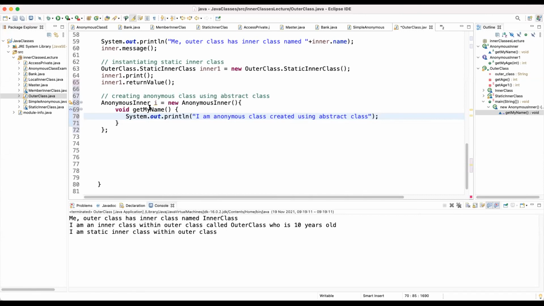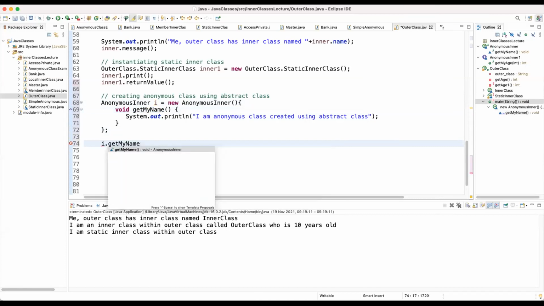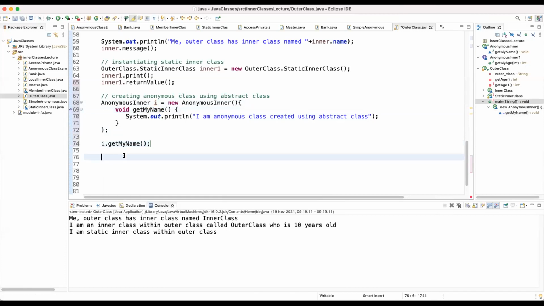And then we are going to see how we access this member that is within an anonymous class. What you have to do is use this object you've created. So you just come here and put i.getMyName(), and then you terminate. In this case, you've been able to create an anonymous class and then make use of it. So if you print,